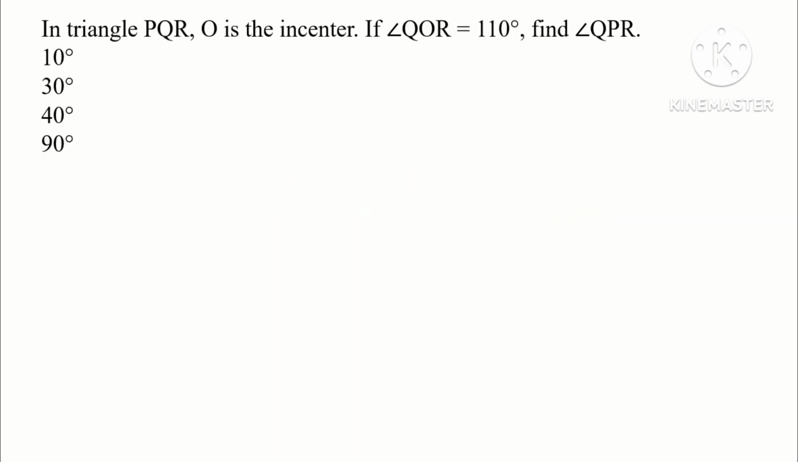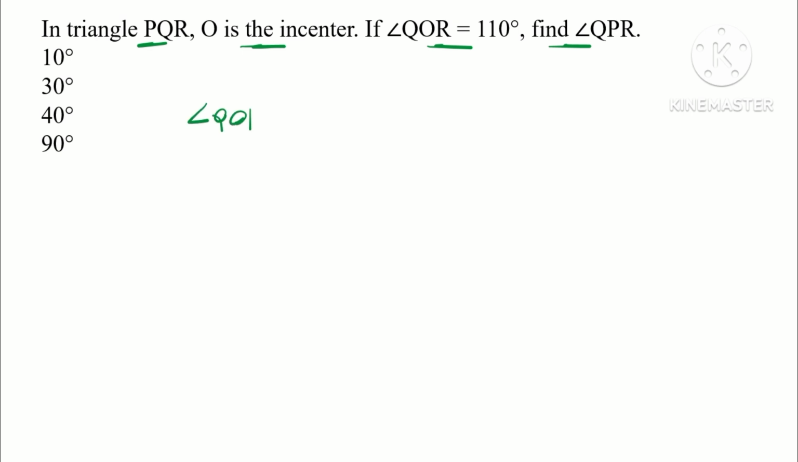So in this problem, PQR is a triangle and O is the incenter and angle QOR is given, and we are asked to find out angle QPR. We know the incenter property. The angle subtended by any side of a triangle at the incenter is 90 degrees plus half the angle of the opposite vertex. So the formula will be